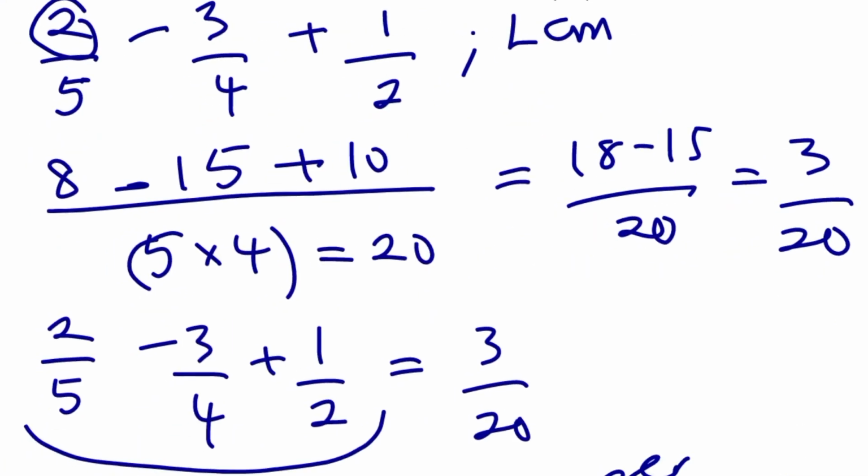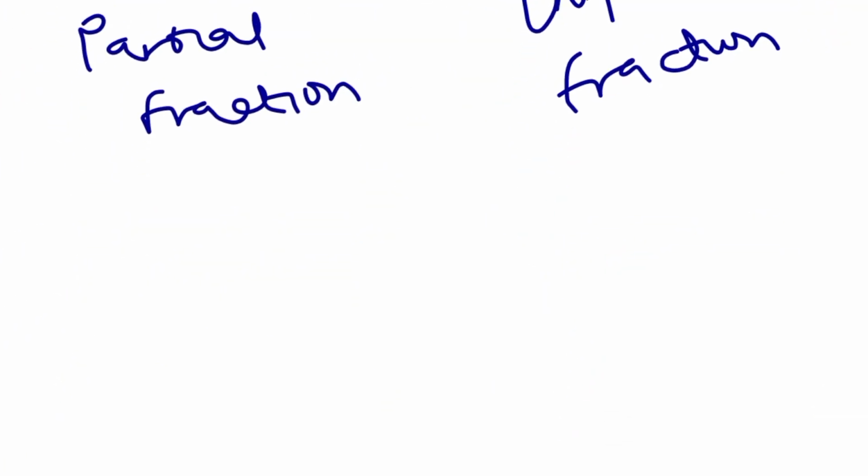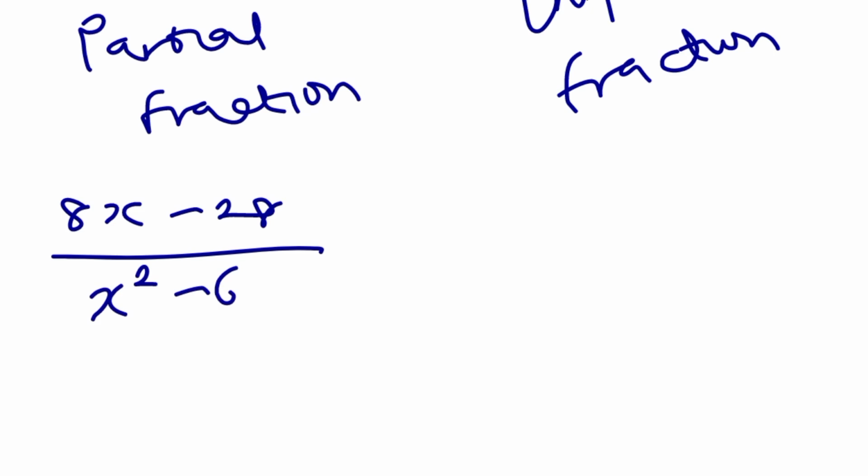So here's how we're going to deal with the problem. We have 8x minus 28 divided by x squared minus 6x plus 8. The first thing we need to make sure is that the numerator has to be a degree lower than the denominator for us to apply this. Here the numerator has x to the power of 1 and the denominator has x to the power of 2, so 1 is less than 2. But if the numerator were to the power of 2 and the denominator also 2,